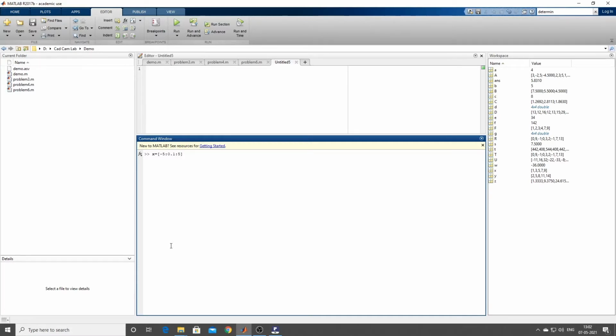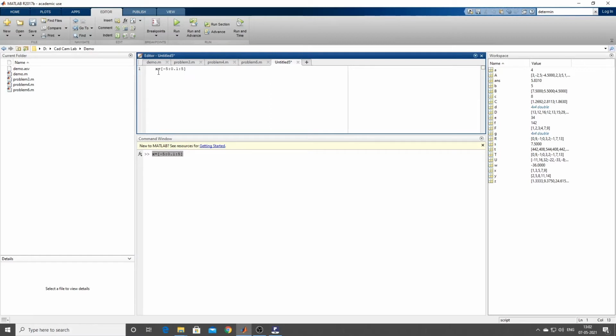I did not type it in the editor window, I typed it in the command window. It's okay, I'll copy it here. It is always good practice to type in the editor window, so that you can go back and edit it anytime, but in the command window it will go off.